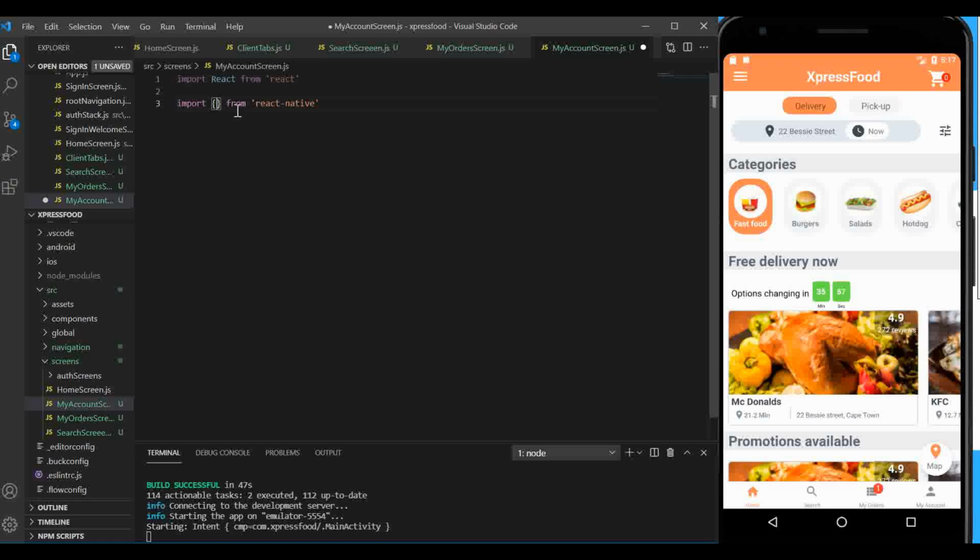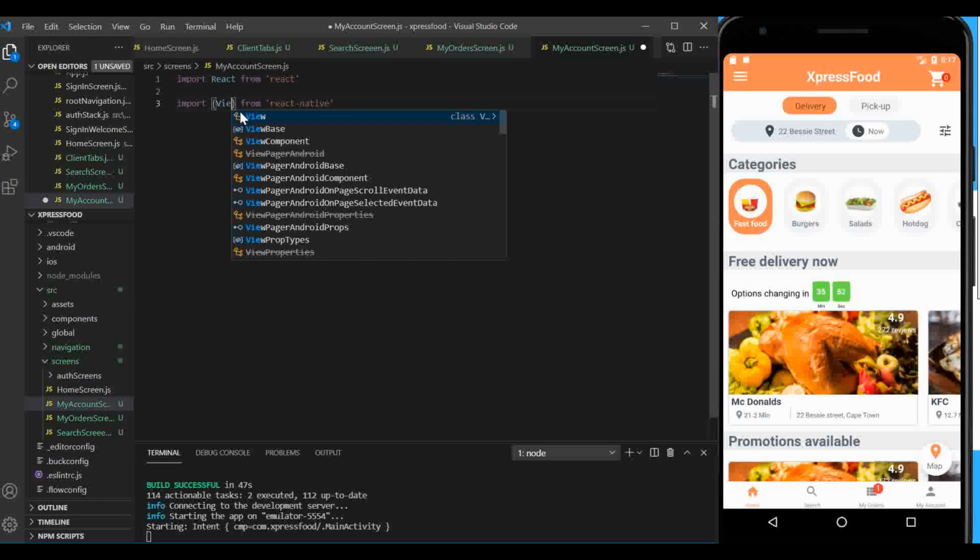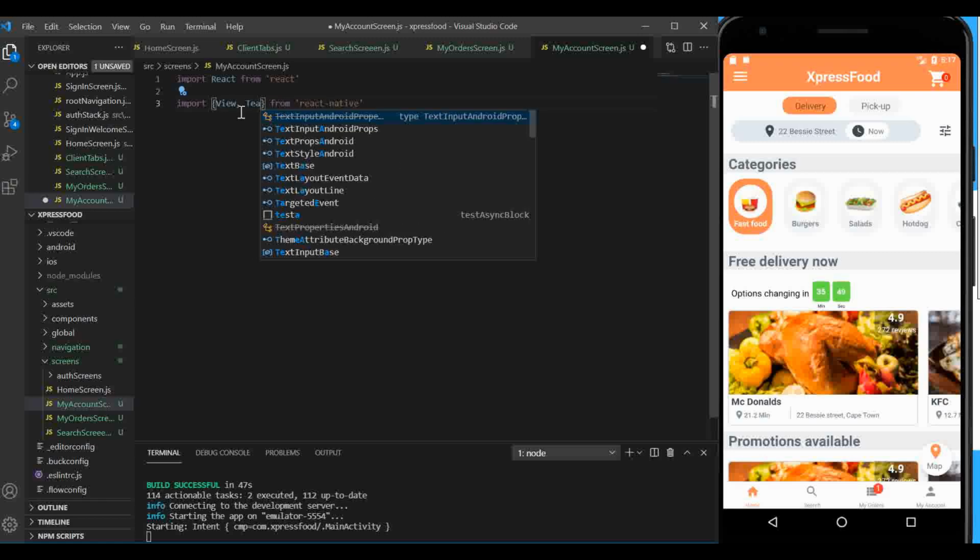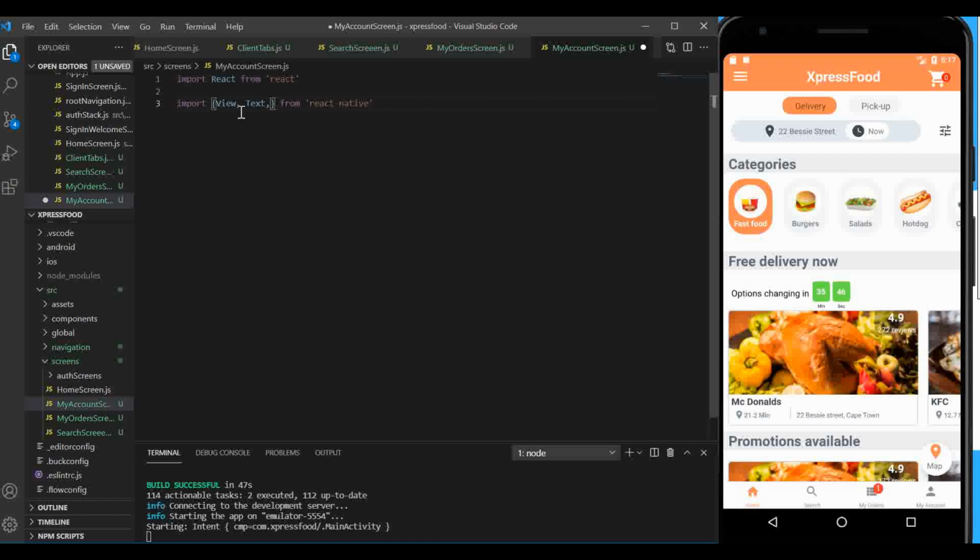And we're gonna create some view, so you should import the view component, the text component as well, and we're also going to import the StyleSheet, and that should be it for now. And I'm going to create a functional component, export it as default, export default function, and this is my account screen,